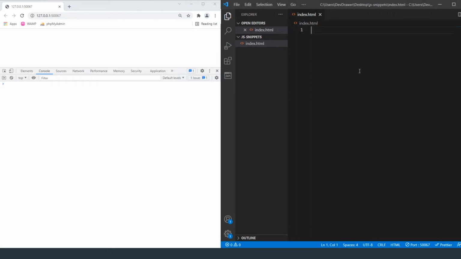So I'm going to show you some pretty cool things that we can do with the console log that you may not know about, and if you do know about them, that's great. It's a cool way to kind of be able to debug some of your code and show errors and warnings